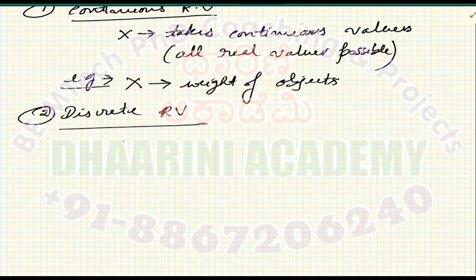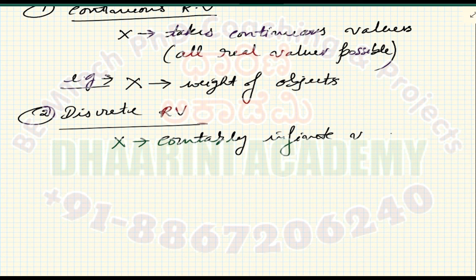Okay, so x takes countably infinite values. Even if you say that it can take only the whole numbers 1, 2, 3, 4, I am able to count. But what are the total possibilities? You can take a value from minus infinity to plus infinity, not real numbers, all whole numbers. So you are able to count, but there are infinite possibilities. So the example could be,